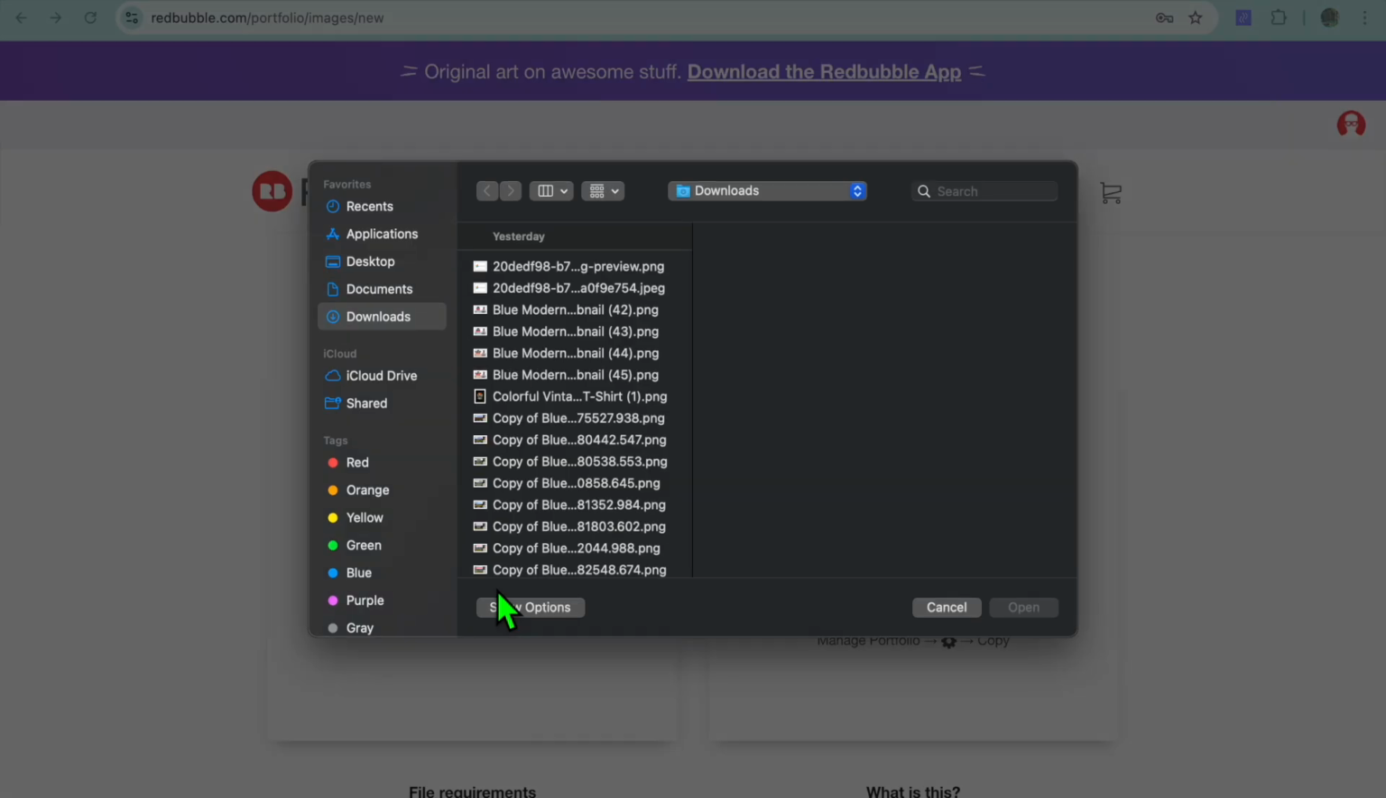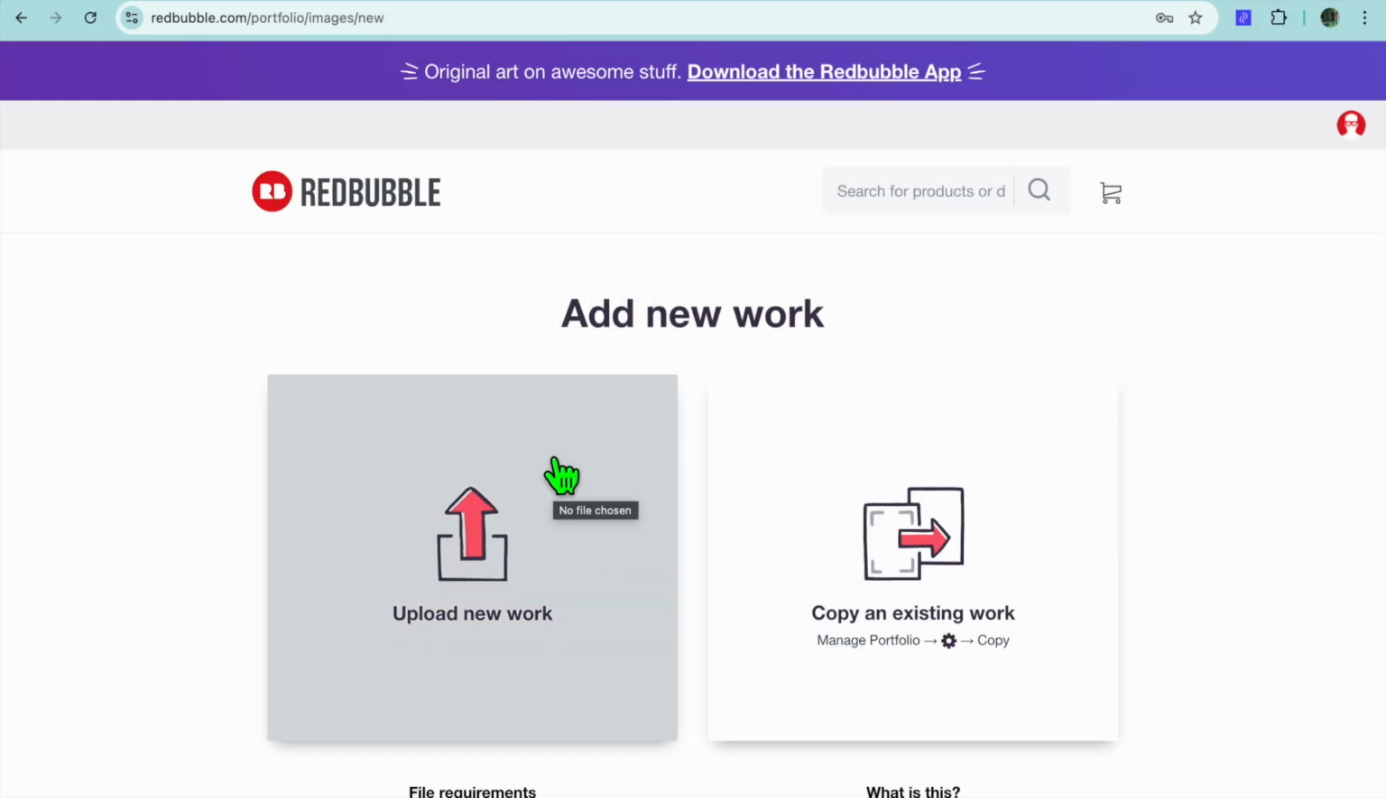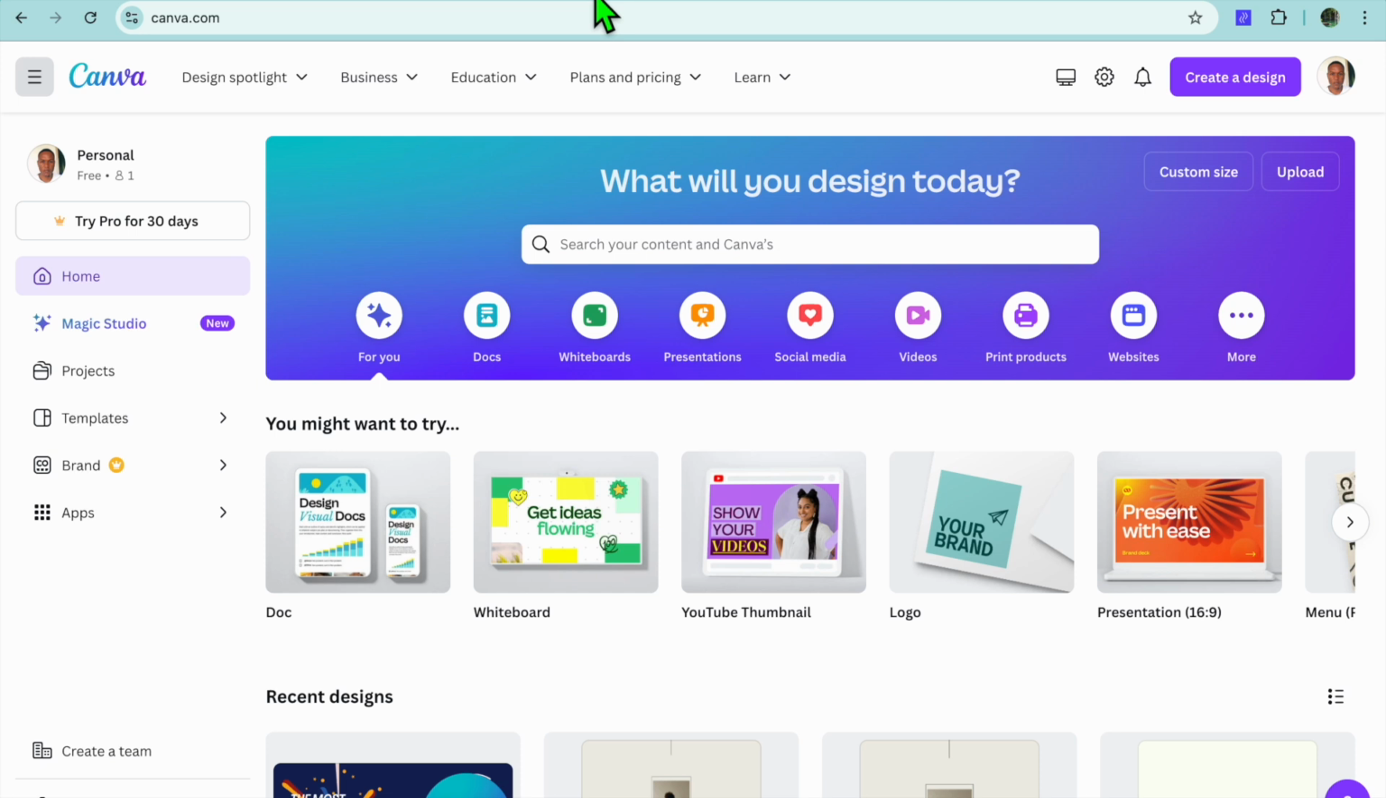Once you have selected upload new work, it is going to open up your browser, and from there you can choose the artwork that you would like to add. So for example, if you don't have a design as yet, what I would recommend you do is go onto canva.com. Canva.com is a platform that you can use to come up with a stunning design for completely free as